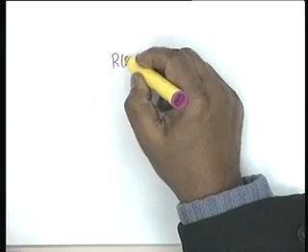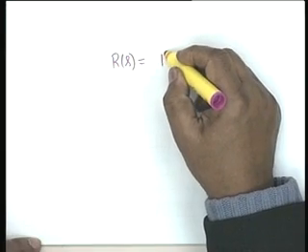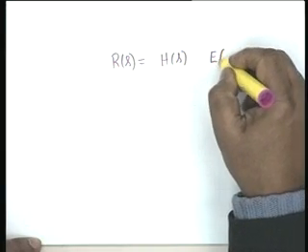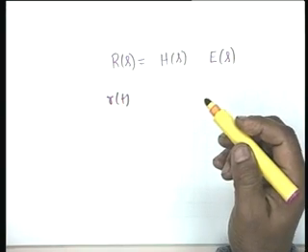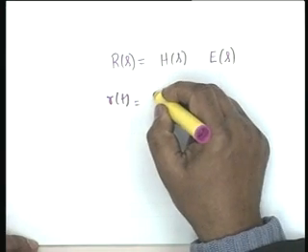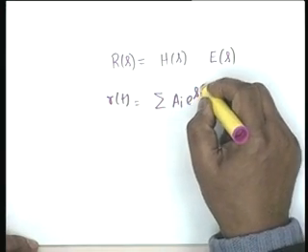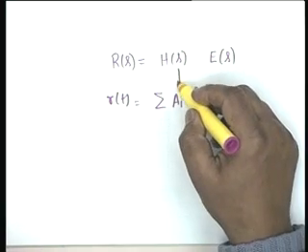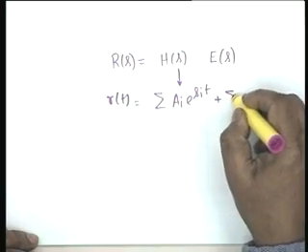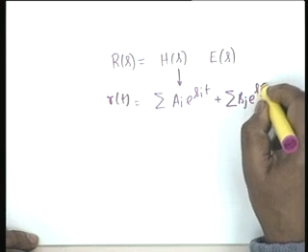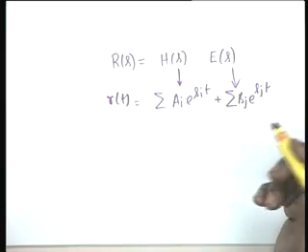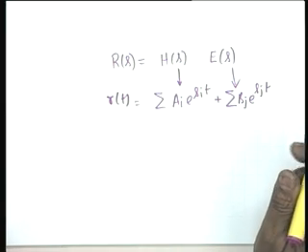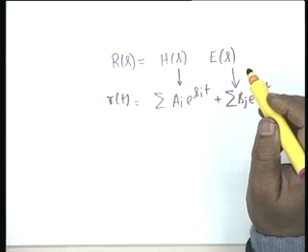But let me go back to the original premise, that is, I had shown that R of s is the product of network function and the excitation transform. So in R of t there will be two kinds of terms, one would be summation of terms like this where SI's are the natural frequencies, and the other would be summation of terms like this which are the reflections of forced frequencies. SJ's are the forced frequencies, they are poles of E of S.